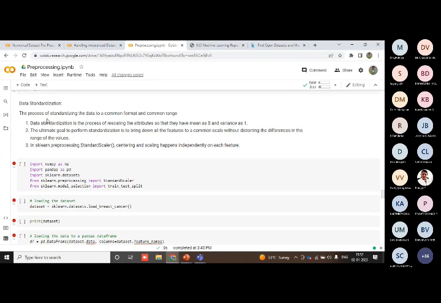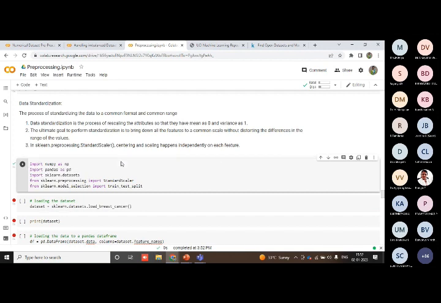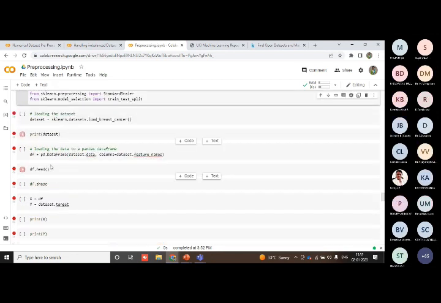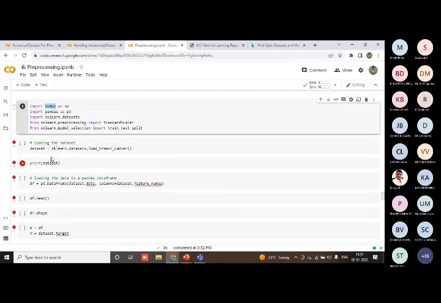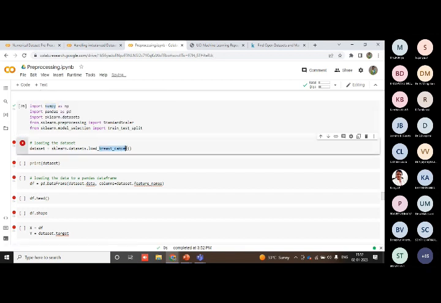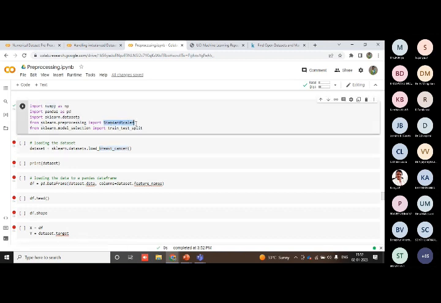So I am giving you how to do this data standardization. For that you have to import the packages. I have imported NumPy to perform some numerical operations. Pandas is for working on the data frame, and I have loaded the data set from sklearn data set. That data set is breast cancer, identifying whether the person is having the cancer or not. And I am importing the standard scaler function to do the